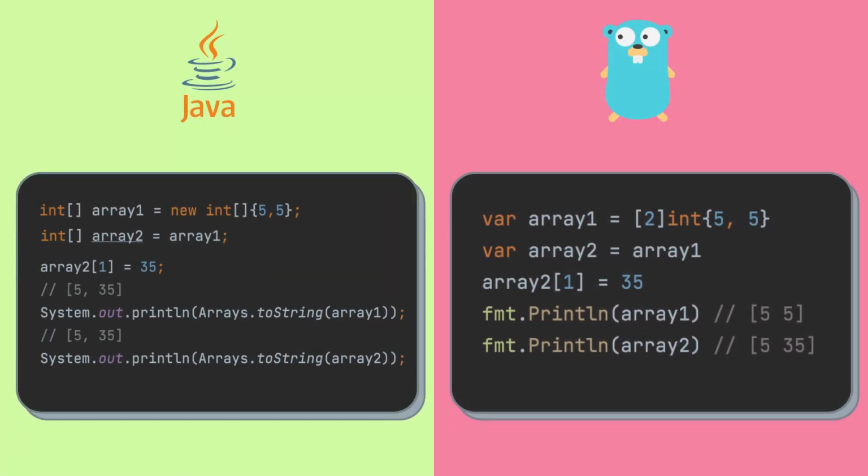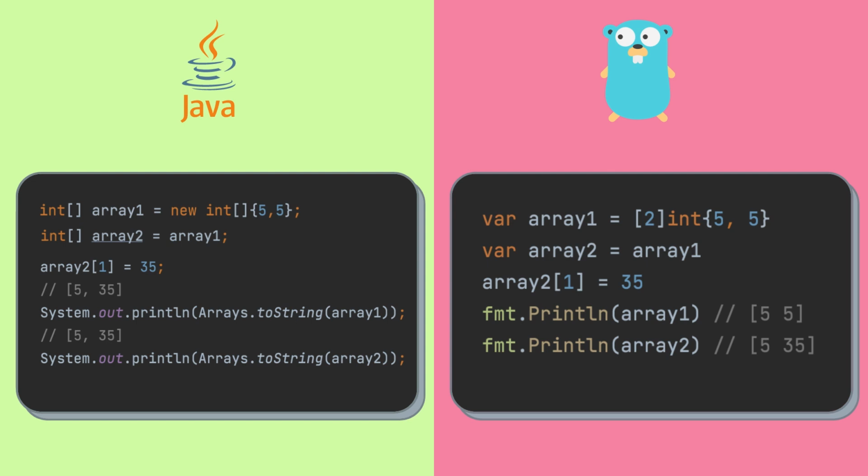Let's look at another aspect of assigning array variables. In the given example, we assign an array to another one, override an element in it and print it. When we overwrite the first element of the array array2 in Java, the change is obviously visible in array1 as well. We know that array1 and array2 are holding references to the same array object. Hence, the change is visible in both of them.